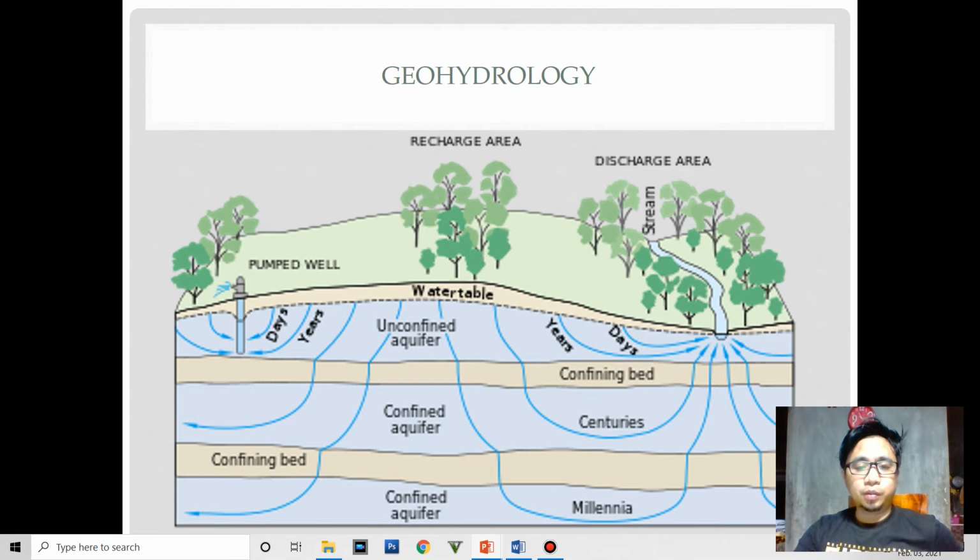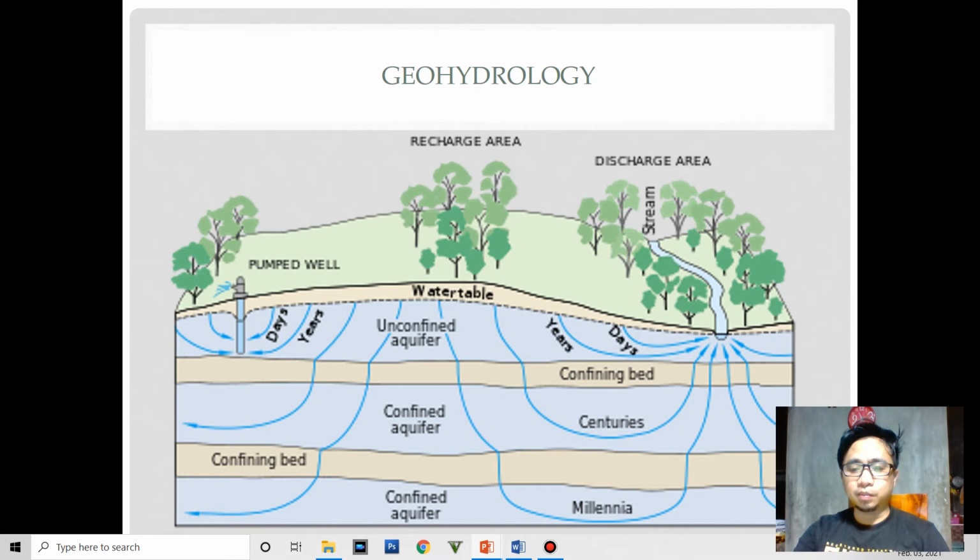Okay, so we have here also, between the confined aquifer, confining beds, which have low or very low hydraulic conductivity. So when we say hydraulic conductivity, it is a measure of how fast water will penetrate a certain material. So if we have a confining bed there with low hydraulic conductivity, it would take certain years, like centuries or millennia, to penetrate the confined aquifer. Okay, and that is the discharge area out of what we call the catchment area,